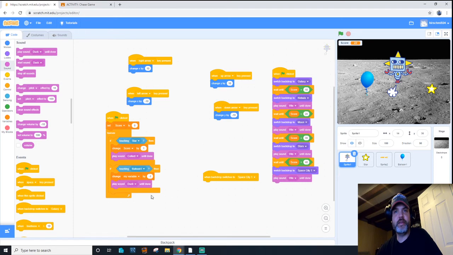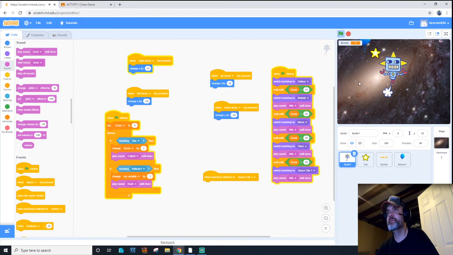So play duck sound. Oh, I forgot to change score. There we go. I was going to say it's not working. So the only problem with this programming here, and you can fix it, like I said, if you want to do the challenge, but if you go to the next level, oh wow, that duck is kind of annoying. If we can get to the next level,